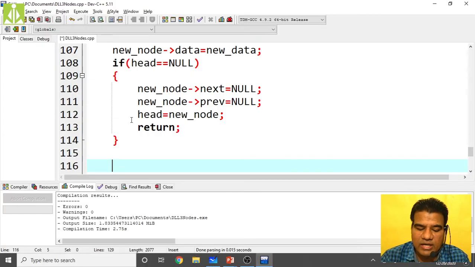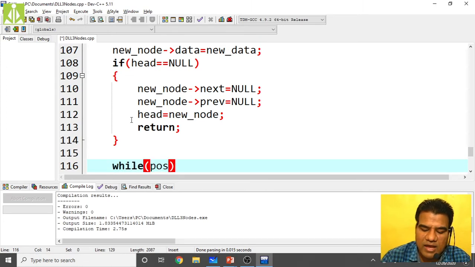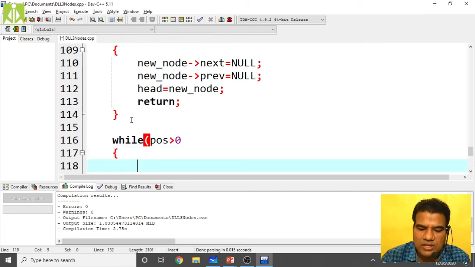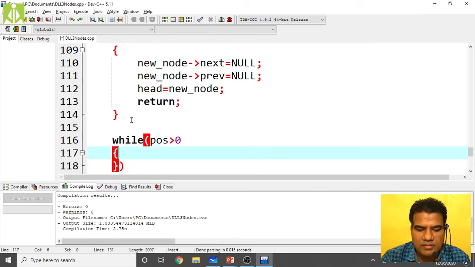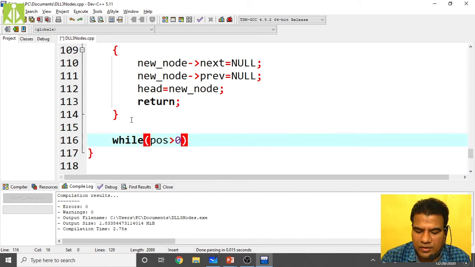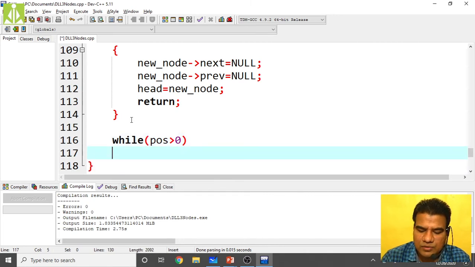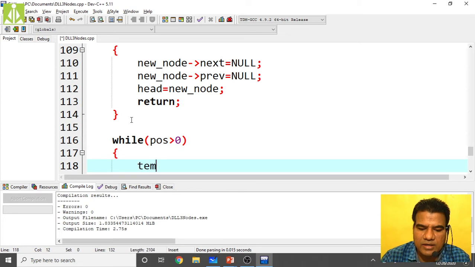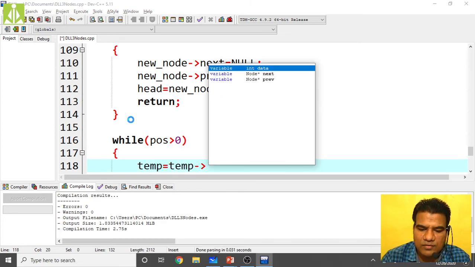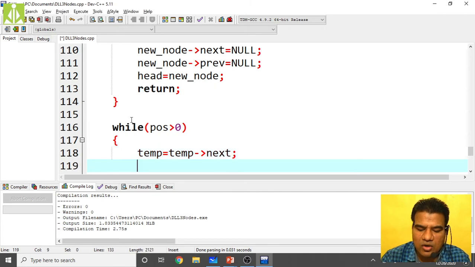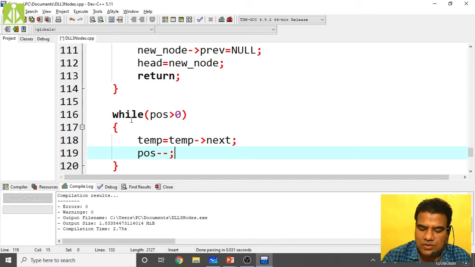If it is not empty, traverse till that position while the position value is greater than 0. Sorry, it's my mistake. Traverse till that position. How can we do it? Simply temp equals temp of next, then position minus minus. Do this much.